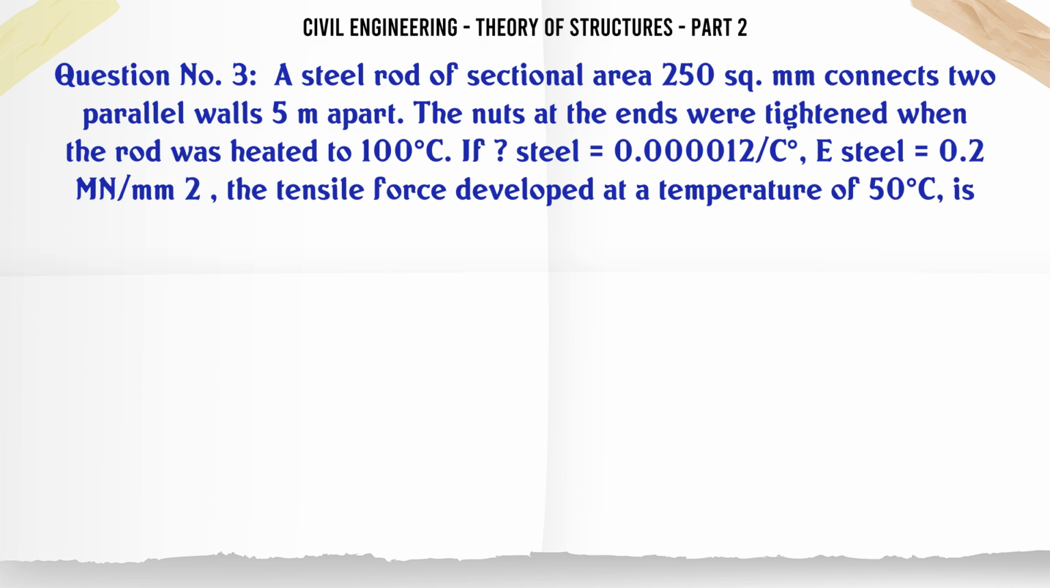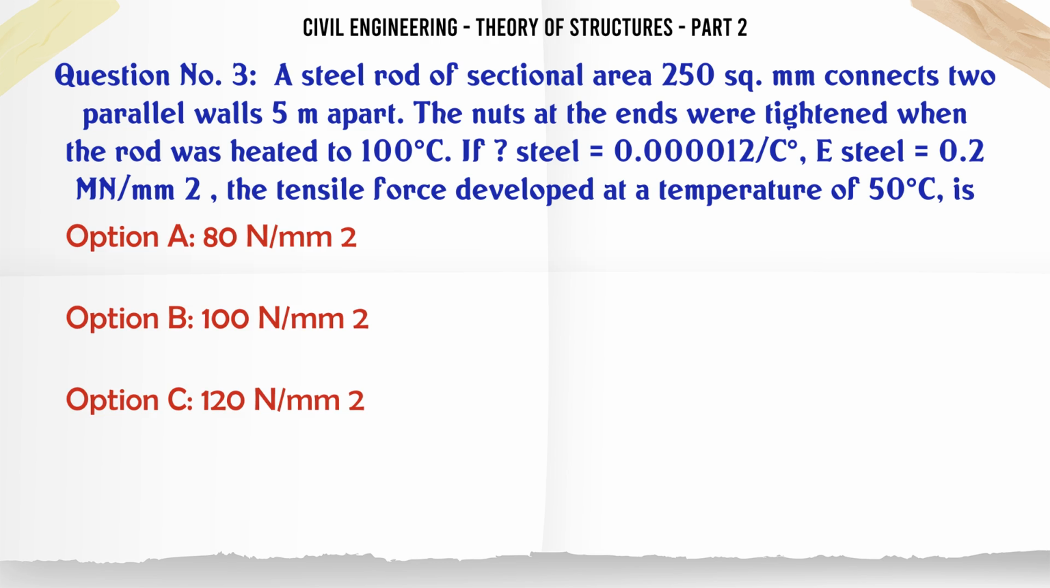0.0025. A steel rod of sectional area 250 sq mm connects two parallel walls 5 m apart. The nuts at the ends were tightened when the rod was heated to 100 °C. If steel has α = 0.000012 per °C and E = 0.2 x 10⁶ N/mm², the tensile force developed at a temperature of 50 °C is A, 80 N/mm², B, 100 N/mm², C, 120 N/mm², D, 150 N/mm². The correct answer is